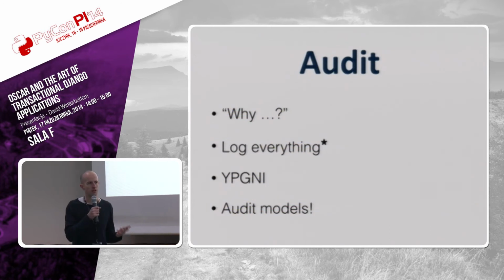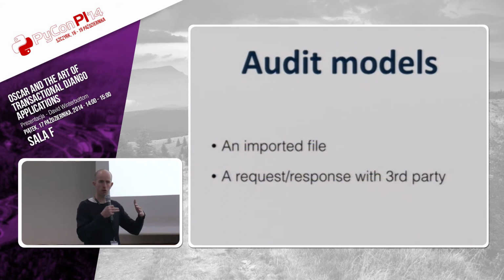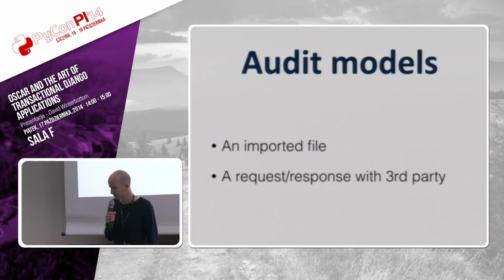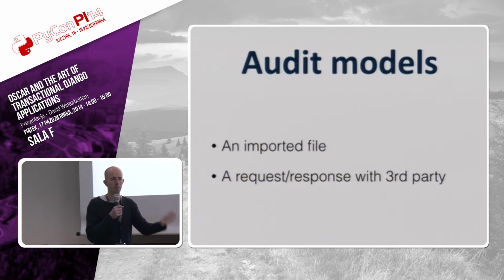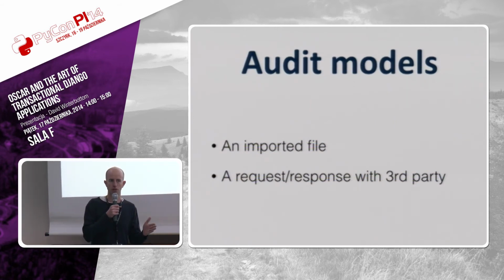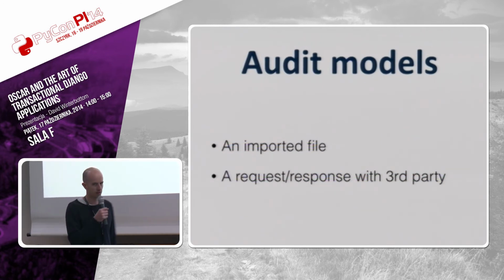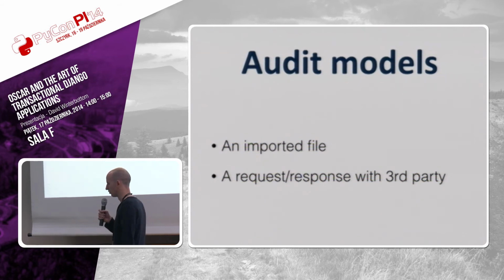And one thing I quite like is what I call audit models. And this is what Django makes really easy. It's so easy with the ORM to just put together a quick model with a few simple fields and write data out to it. And so these would be just a simple model that represents the import of one file. So it'll tell you when did we download it, when did we start processing it, when did we finish, was there an error message, how many records imported from it. It's really easy to do, but so useful.